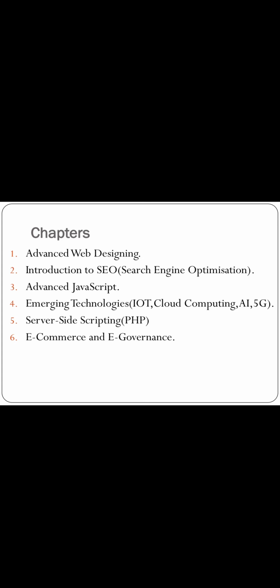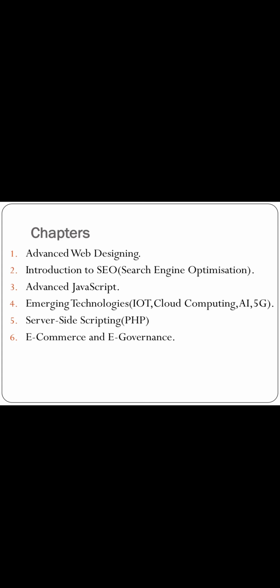And last but not the least, e-commerce and e-governance. Now what is e-commerce? E-commerce is widely used in day-to-day life. So here we will be comparing the traditional commerce and e-commerce. Then afterwards we will be discussing the advantages of e-commerce over the traditional. There are also some disadvantages of e-commerce. Then after that we'll be looking into types of e-commerce, like B2B, B2C, C2C, and C2B. These things might be known by you, right?